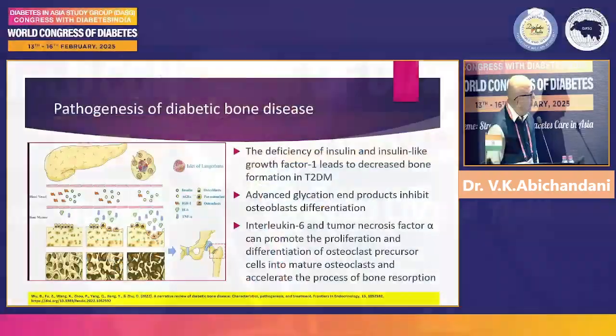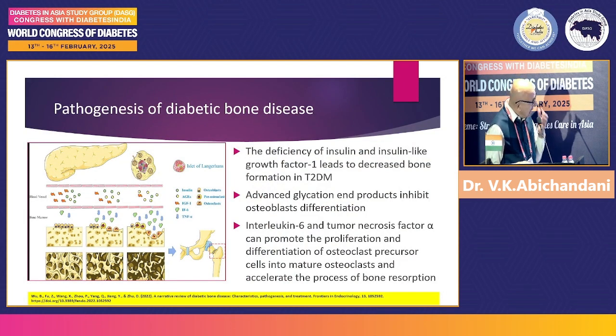So a quick look at the pathogenesis of diabetic bone disease. The deficiency of insulin and insulin-like growth factor 1 leads to decreased bone formation, more specifically in type 2 diabetes. Advanced glycation end products inhibit osteoblast differentiation, and inflammatory agents like interleukin 6 and tumor necrosis factor alpha are pro-inflammatory. They can promote the proliferation and differentiation of osteoclast precursor cells into mature osteoclasts, and this will accelerate